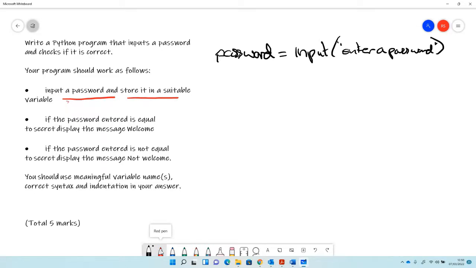So again, if you want to pause and then have a go at the rest of it, do so. If the password that's entered is equal to secret, then we're going to display the message welcome. So we need an if statement. If password is equivalent to secret,